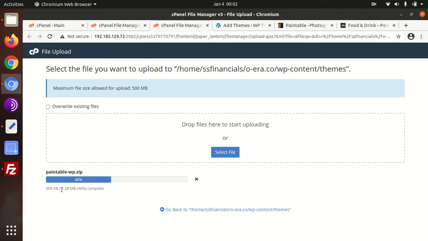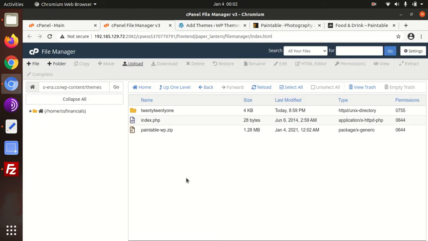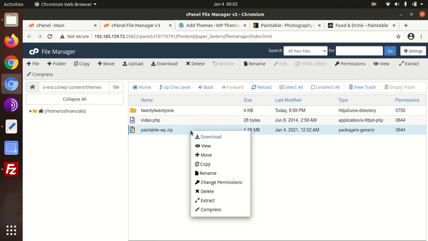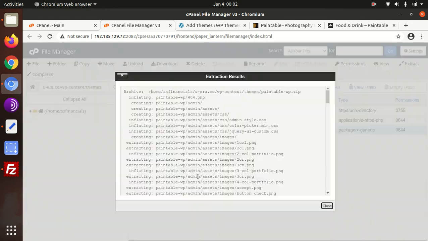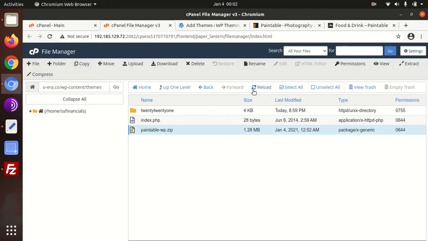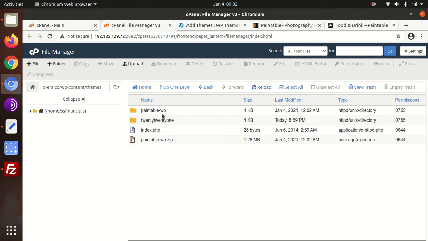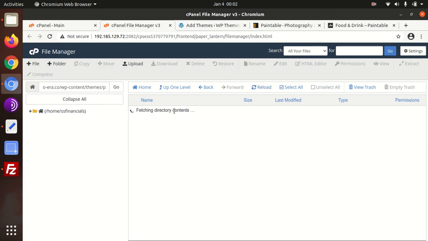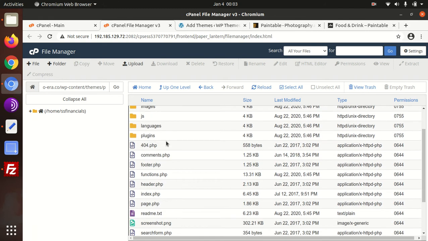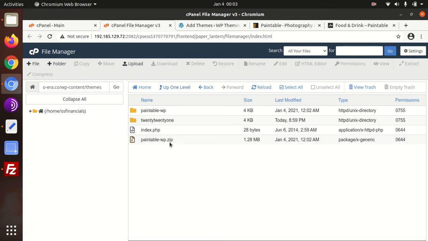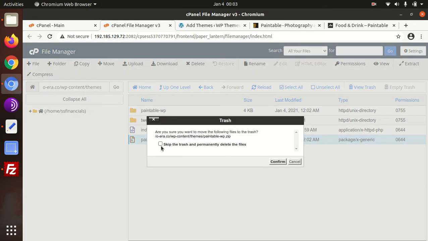The theme size is very small, it will take not more than 15-20 seconds, and that is a wonderful thing in this theme, so it will work fast, no doubt. We need to extract the uploaded file, and the extraction outcome is the pentable-wp folder, which has all the theme components, folders and files. Now we can delete the zip file, we are not going to use it further.